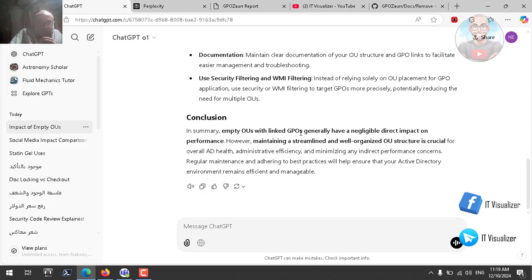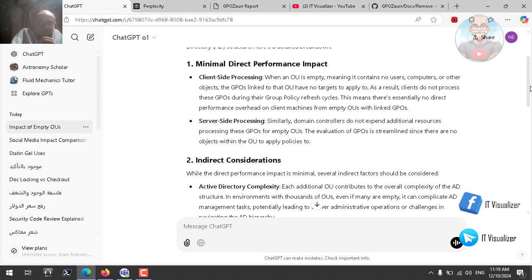In summary, it usually has a negligible direct impact on performance. However, maintaining a streamlined and well-organized OU structure is crucial. So this is the answer of